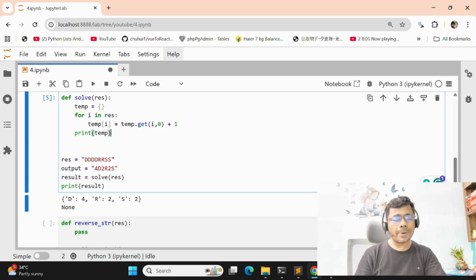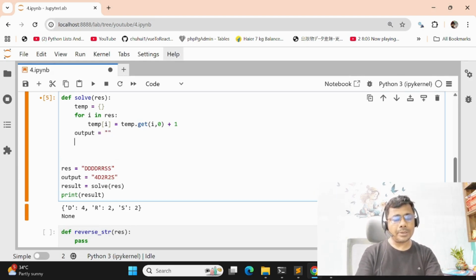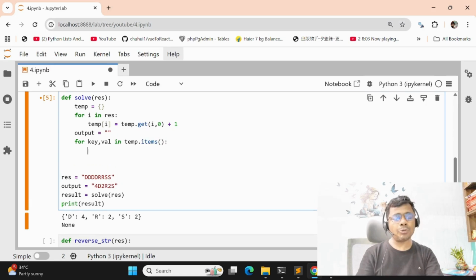Yes. Then define one variable output. Output is defined as a blank string. Then define for key, value in temp.items(). Here key is the character of the dictionary and value is the count.